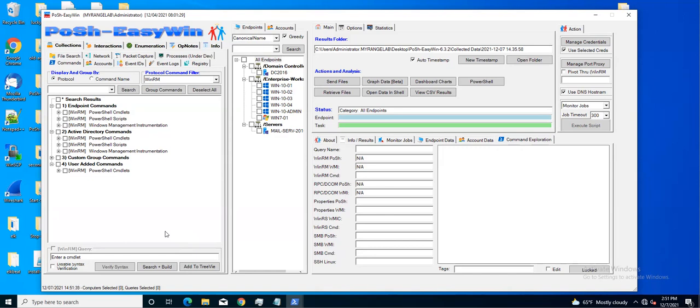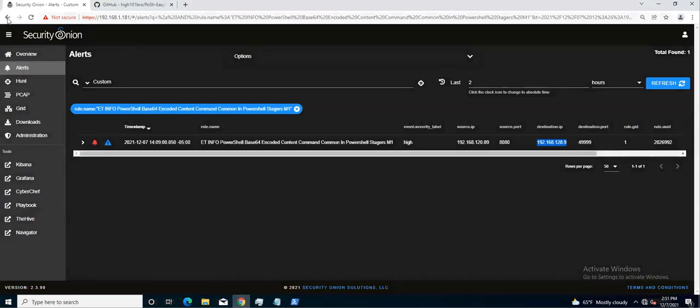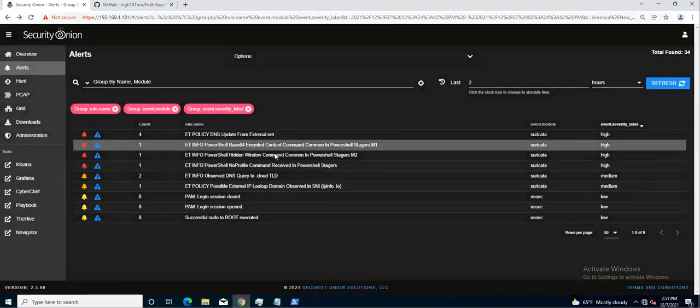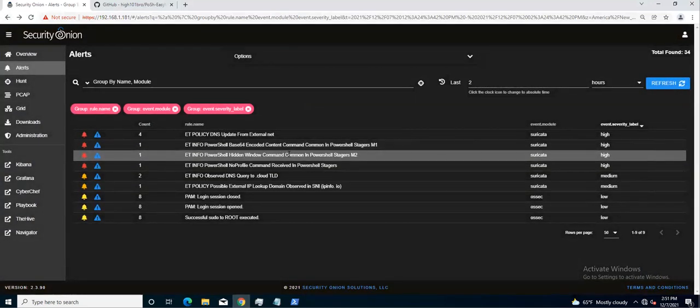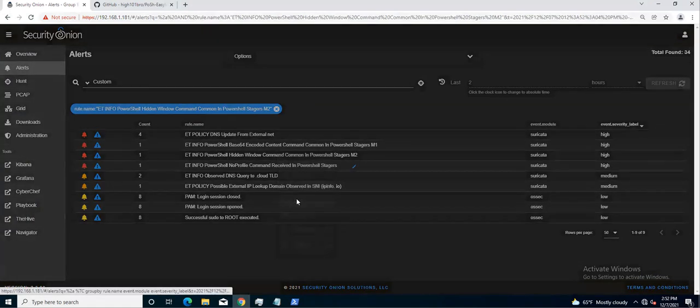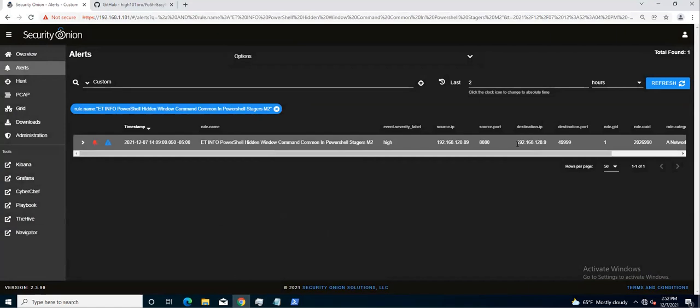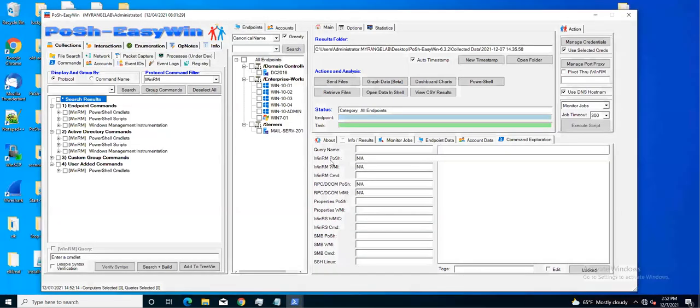In this particular case, we have a suspect endpoint that may or may not have downloaded something suspicious, and we initially saw it over the wire. Going back real quick, we see there was some sort of PowerShell stager caught traversing the network to a particular endpoint, 192.168.120.89. Let's continue where we left off. We know this particular IP is associated with